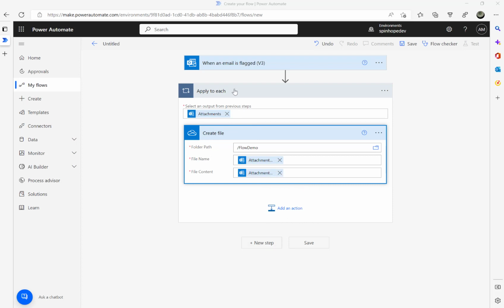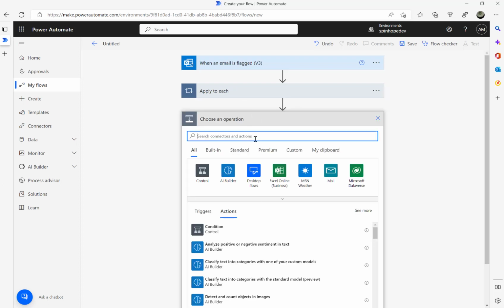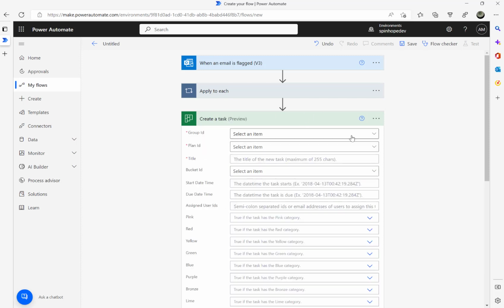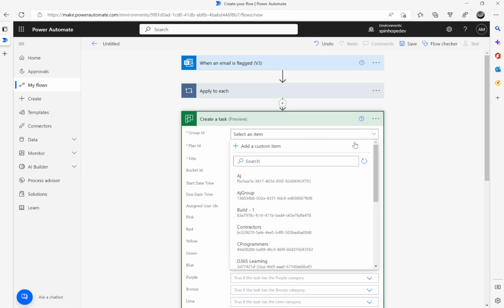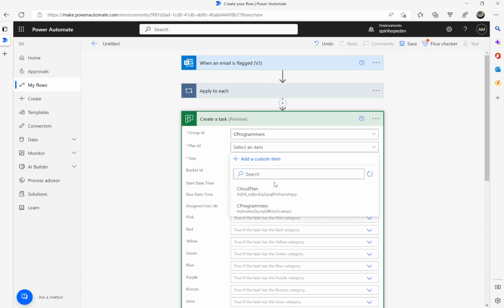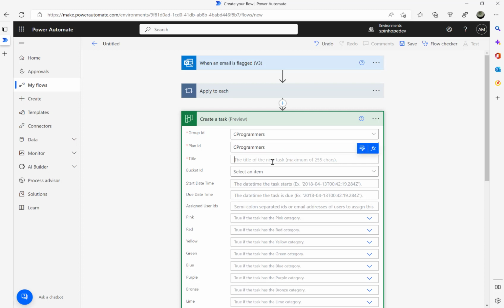Okay, so let's minimize this step. I will show you something here like the create task step. So if I go to Planner, create a task, I'm going to use the preview one, so that's always the newest connector, right? Okay, and then here I'm going to select the plan ID, C programmers. And the title I'm going to say my demo task. Okay,